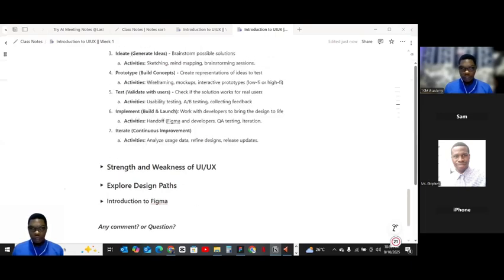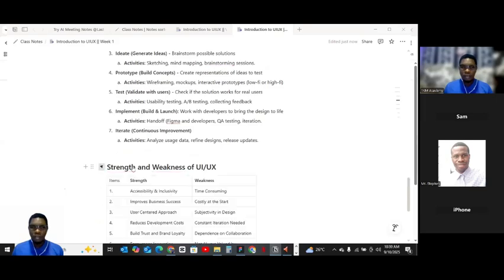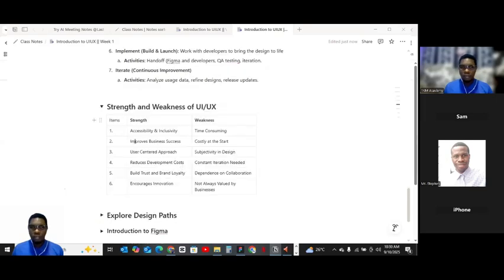That is it. Alright, so the strengths and weaknesses of UIUX. Number 1, accessibility. The strength: accessibility and inclusivity.